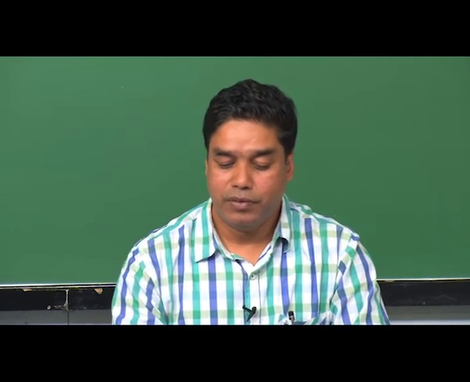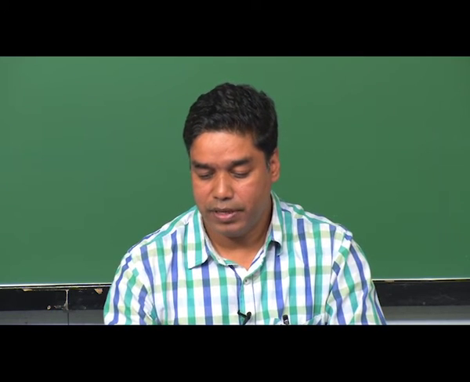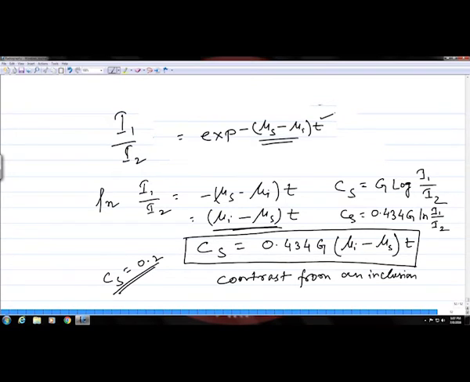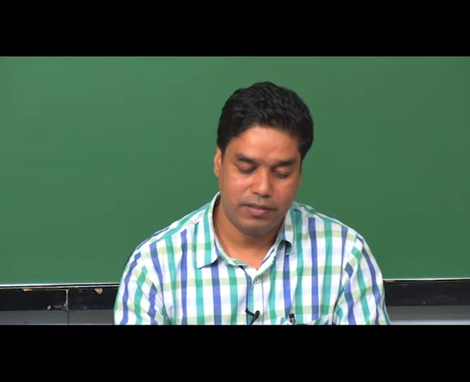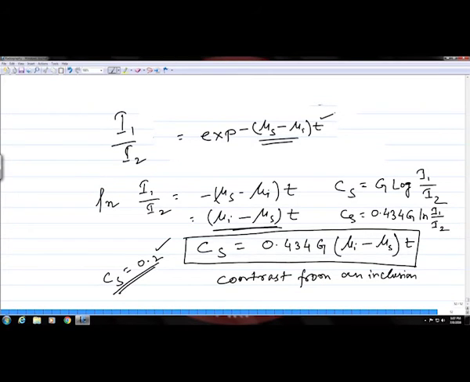So, in this case you simply have to see that for a given condition, whether this I 1 by I 2, which is basically this difference of the absorption abilities of the inclusion and the parent material, is giving you a value which is more than 0.2 or not. Okay. So, for those exposure conditions which include your exposure time, the tube current and the tube voltage, if you get a value of C s greater than 0.2, then you will be able to see this inclusion on the radiographic image which is captured.